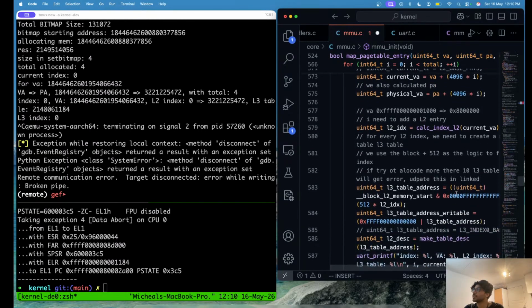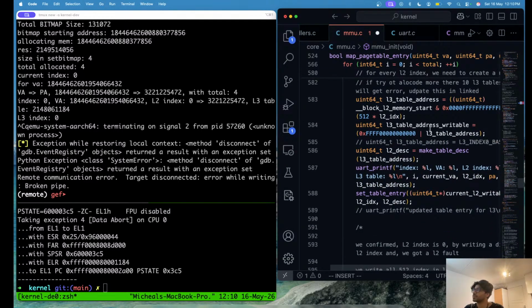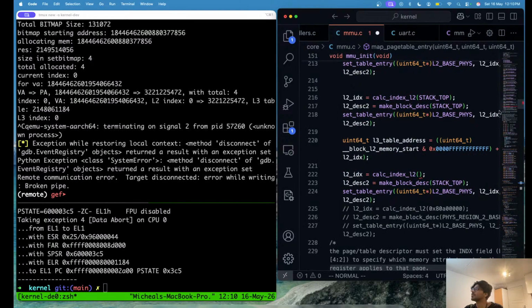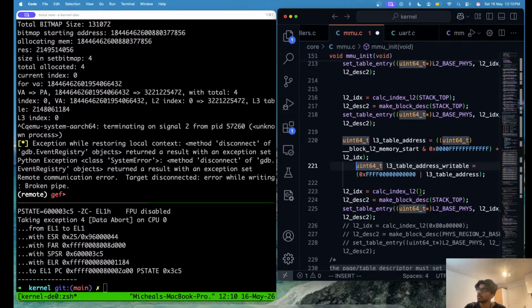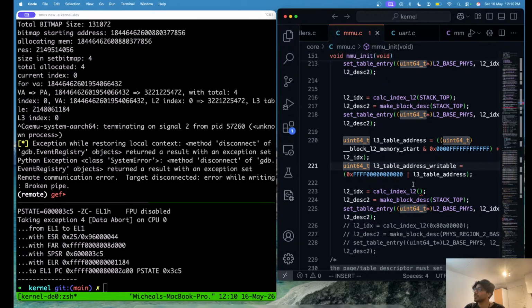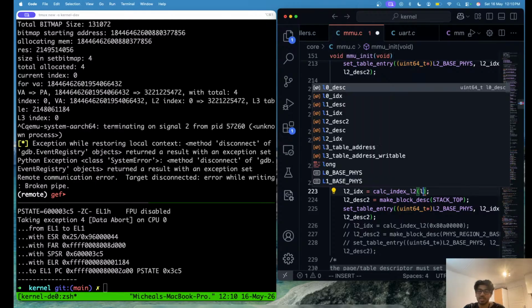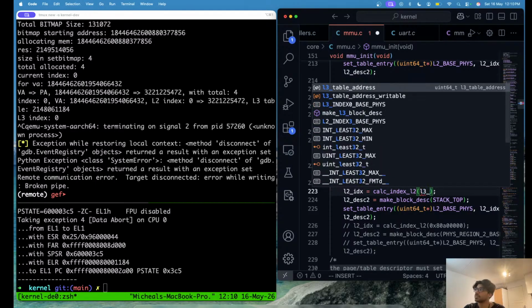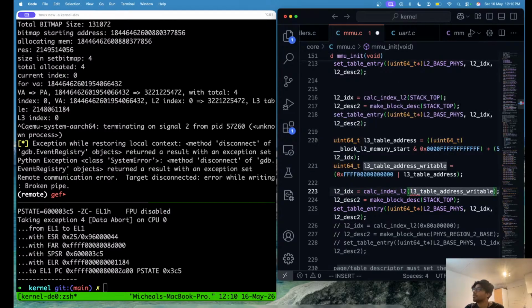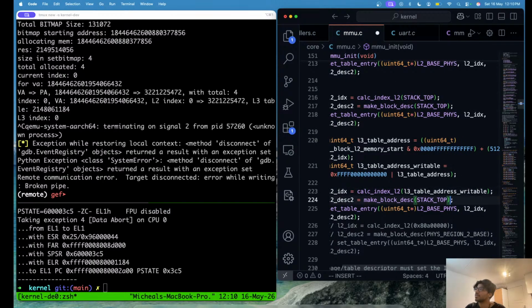It must be here. Copy this line, we come here, we paste it, map it, and we need an entry for this writable virtual address, which is mapped to